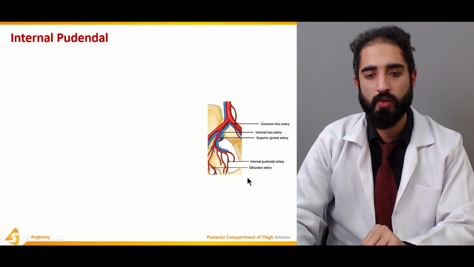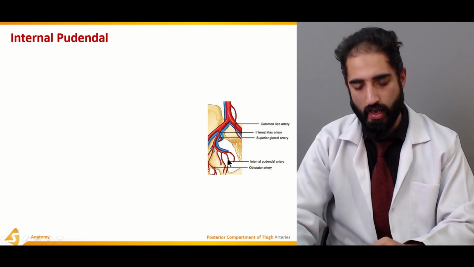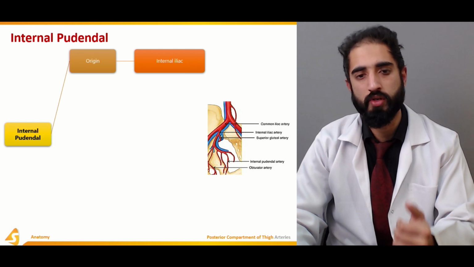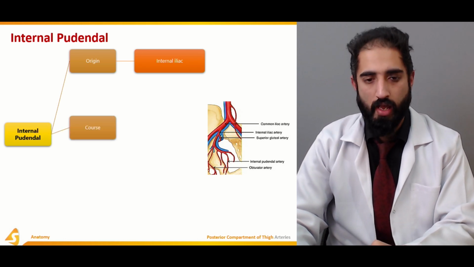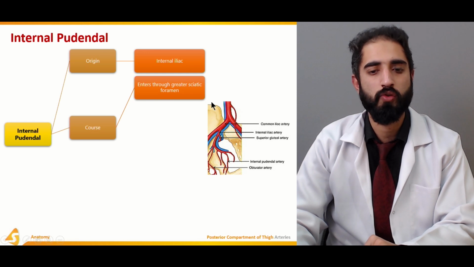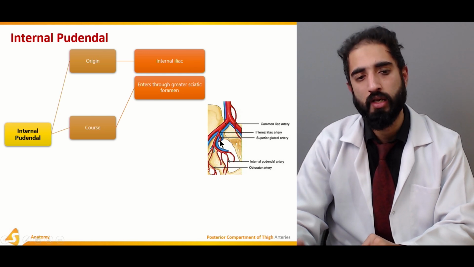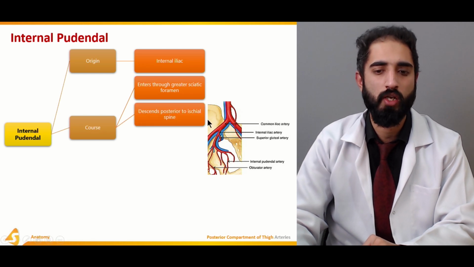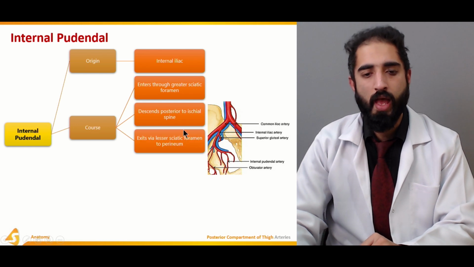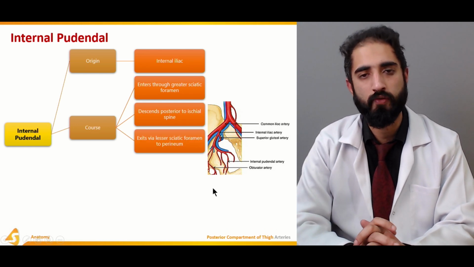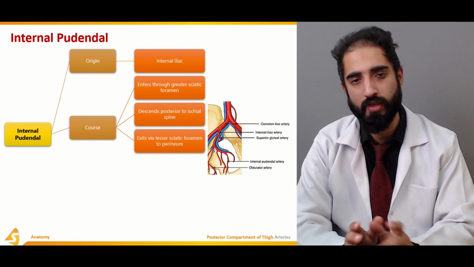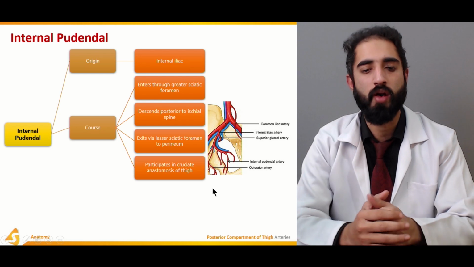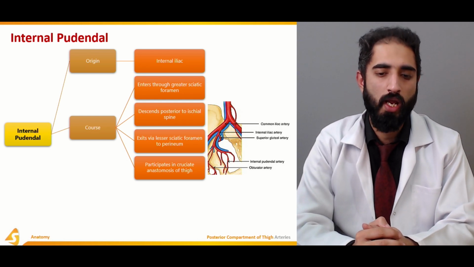Now, another very important artery is the internal pudendal artery, and it also has its origin from the same internal iliac. The course is that it enters through the sciatic foramen, just like the inferior gluteal artery, for example, and descends posterior to the ischial spine, and then it exits via the lesser sciatic foramen and enters the perineum because it supplies the different perineal structures there, and it participates in the cruciate anastomosis